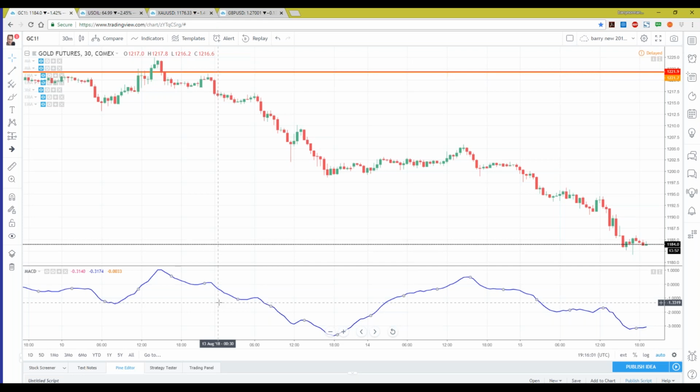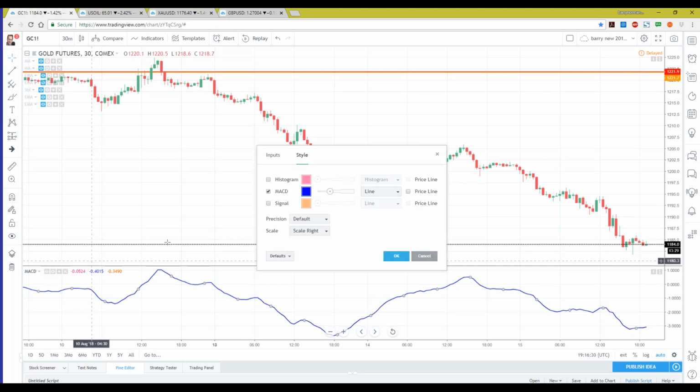So we are now on the second derivative, moving to the third. Because the first derivative was the two EMAs. The next derivative, which is derived from those, was the MACD line, which is the difference between those two. The third line on the MACD is called a trigger line.